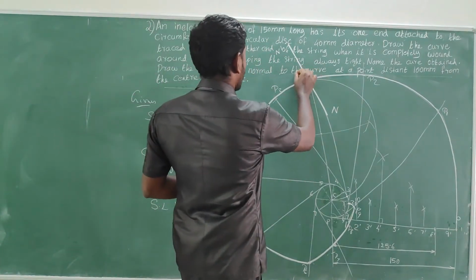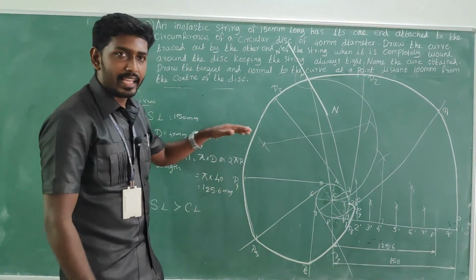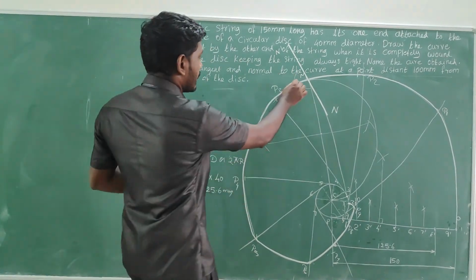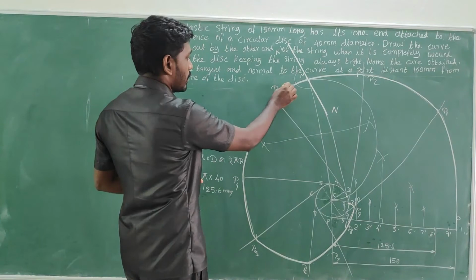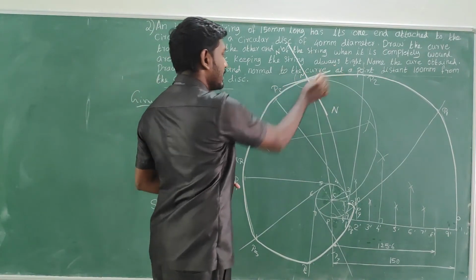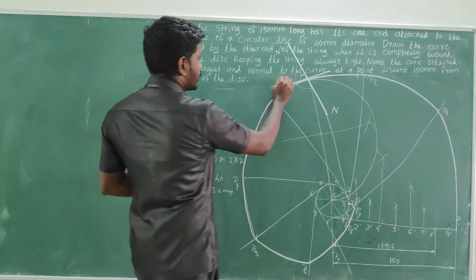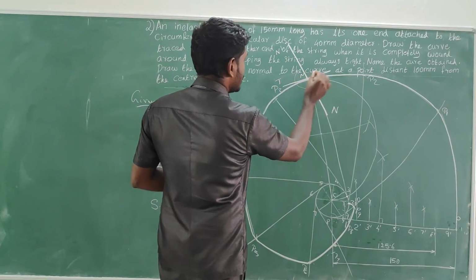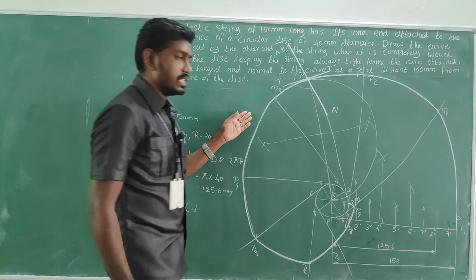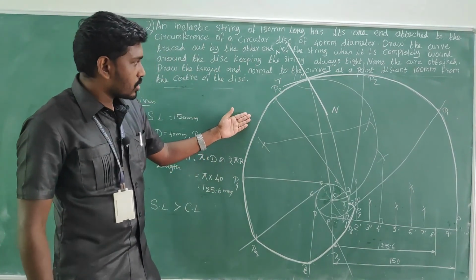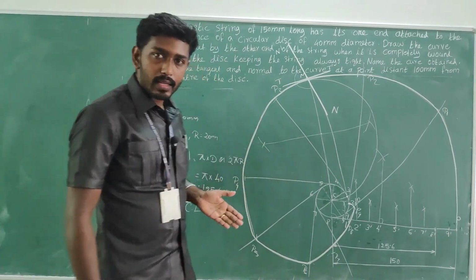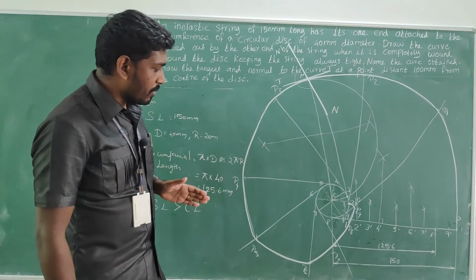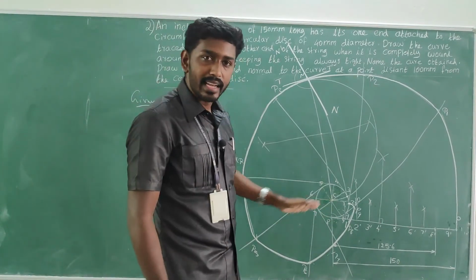Next, by taking 90 degrees with this normal, you can get the tangent. So go for a line like this at 90 degrees, which passes through the outer periphery of the curve, which is T dash, right? So we have done our work, and just confirm whether you have captured all the dimensions.